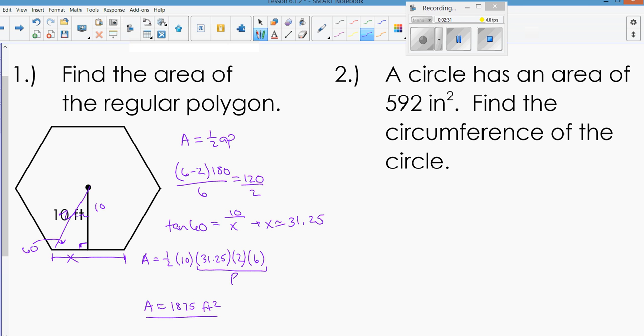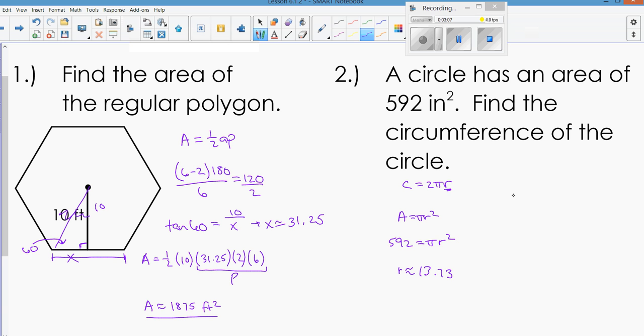And number 2, a circle has an area of 592 square inches. Find the circumference of the circle. Well, in order to find circumference, which is 2 pi r, I need to find my r. So if I know my area, which is pi r squared, I can substitute in to solve for r. So 592 equals pi r squared. So the first thing I'm going to do is divide by pi. And then after I do that, I'm going to take the square root. And when I do that, I get that r is about